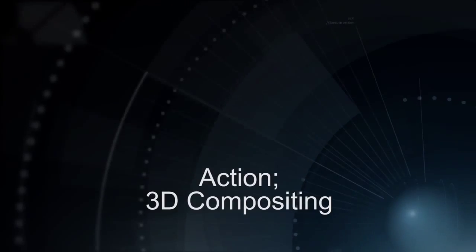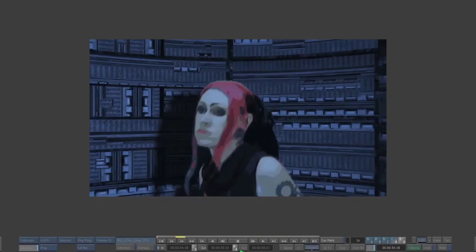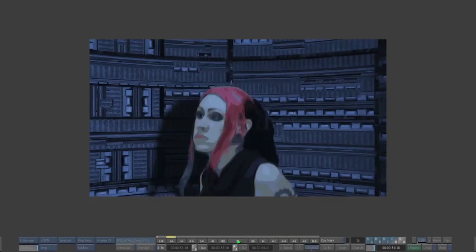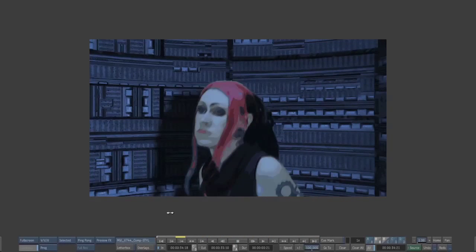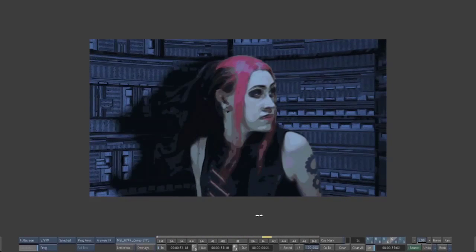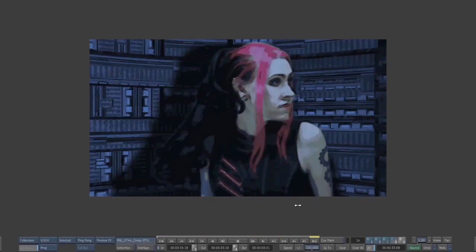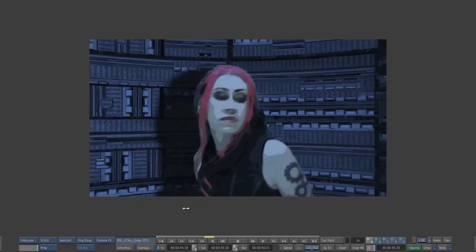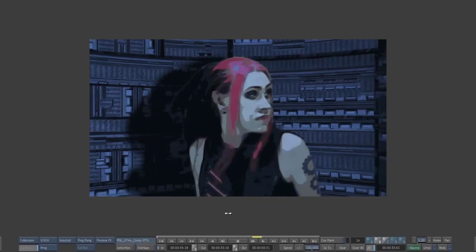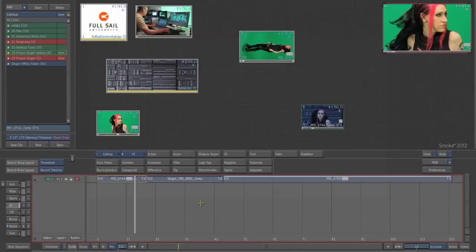To introduce 3D compositing, I'm going to actually show the end result here, and this is just a very short shot, and you can see that we have an actress that's been heavily treated to match our cartoon look that we've been developing. Once again, I'm just a big fan of that kind of look, so we're matching our CG back plates with chroma key actors. So if I get back out to the desktop, before I move on, I would like to